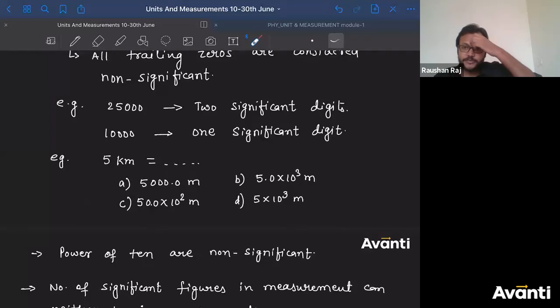It's not always that trailing zero counts just because it is before the decimal and not after it. What happens is, if you have zeros at the start, non-significant. If you have zero at the end, that means if there are some non-zero digits present to the left of a zero, then those zeros are called significant. But in Kirtan, your example, no non-zero digit is present to the left of any of the zeros, so all these zeros will be non-significant here.